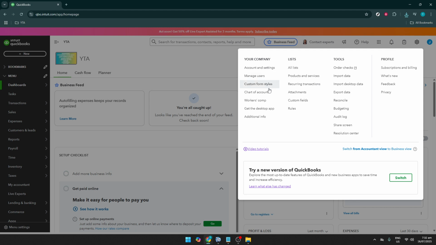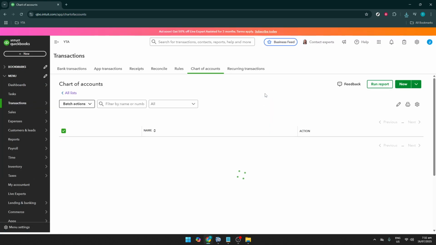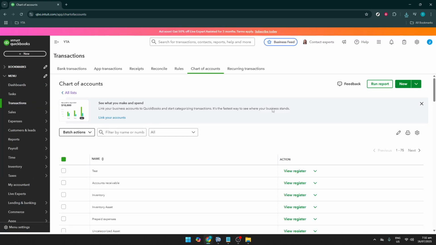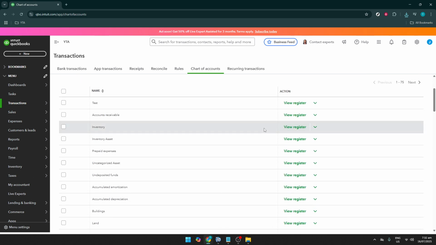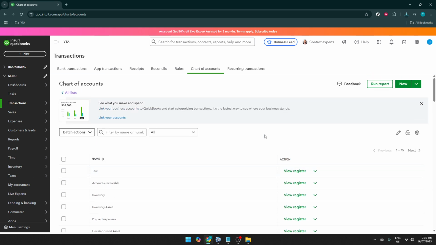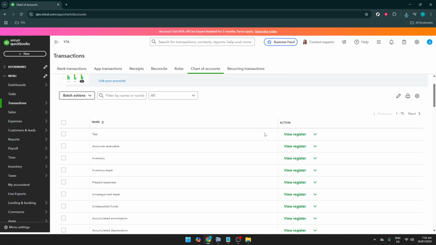Next, within the settings menu, you should see an option labeled Chart of Accounts. Click on it. The chart of accounts is essentially a complete listing of every account in your accounting system. It's organized by account type, such as assets, liabilities, income, and expenses. This feature is really the backbone of your bookkeeping in QuickBooks, helping you keep track of all the financial transactions